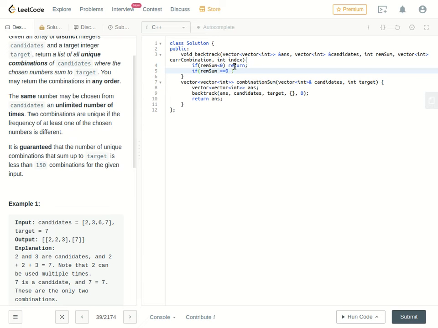which means you have found a combination. So what you do is answer dot push_back of the current combination. Remember, in the current combination we have the combination which adds up to the given sum in this iteration of the backtrack. So you just do that,